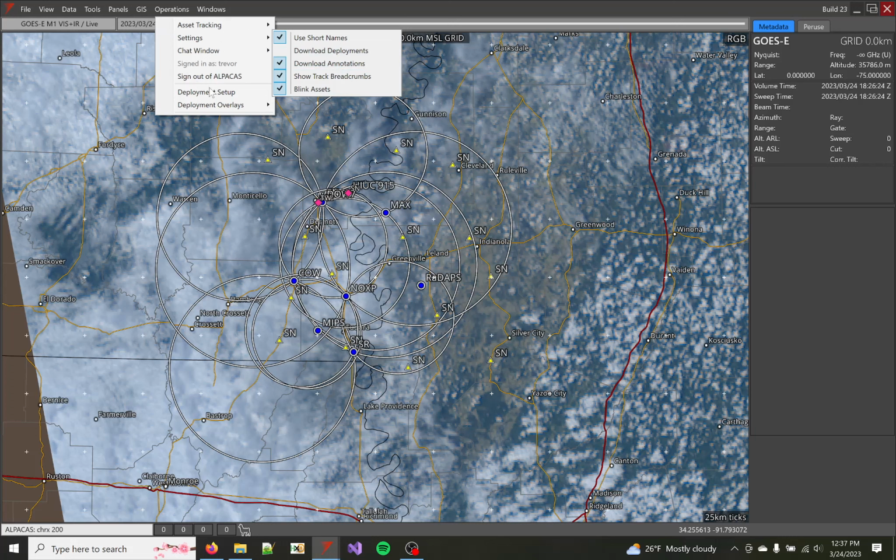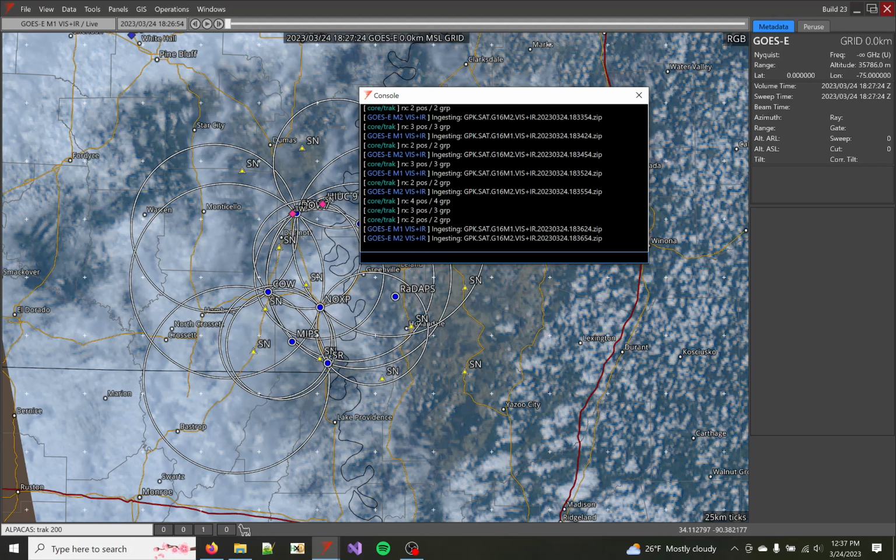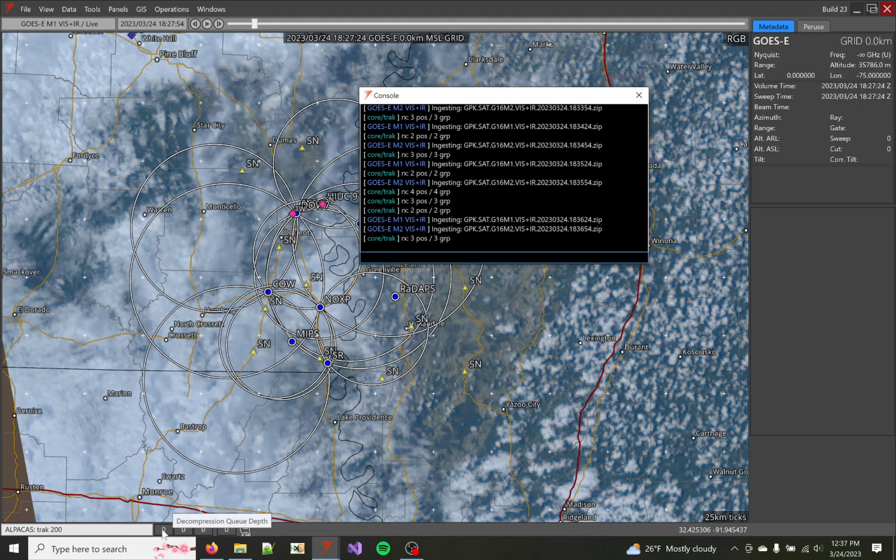But yeah, I guess the last thing I really want to go over is the console. This is very useful if you think Guru is locked up, maybe nothing's happening. It's generally good to just check on the console, see what's going on. Sometimes you'll have data sets that are taking a while to load, in which case you'll see these indicators down here doing stuff with your decompression queue and data file loading and